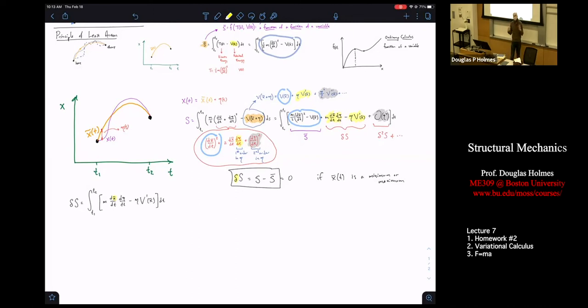No matter what value of eta we choose, remember, eta is arbitrary. The only rule about eta is that it can't be 0, because if it's 0, then you actually haven't varied anything. Eta is arbitrary, though. It could be any number. However,